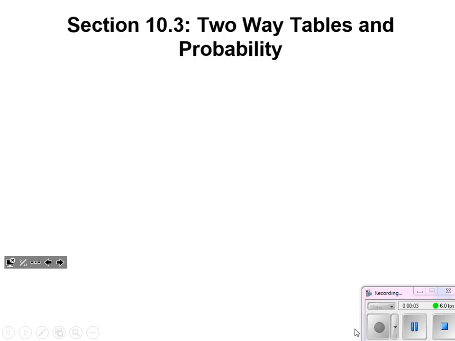Welcome to Algebra 2. Today we've got 10.3, two-way tables and probability. Now we saw a little glimpse at a two-way table at the end of section 10.2 that we just completed. This will take us much more in depth and show us how these tables really do help us organize our information. And really, if we can read these well, they do an excellent job of making calculating somewhat complex probabilities very, very organized and an easy process.